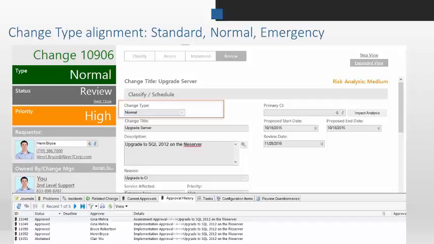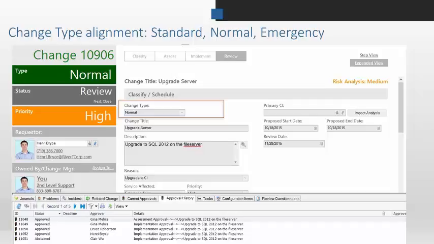So if you haven't seen change management in the tool, when you go into a change, you have different change types. I'm in a normal change right now, and this drop down here also has normal, standard, and emergency. And based on the type of change that you pick, you're going to either have different approvals in the case of emergency, or if you do a standard change, you're presented with a standard change library.